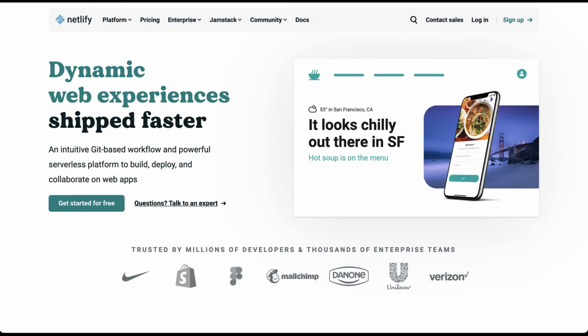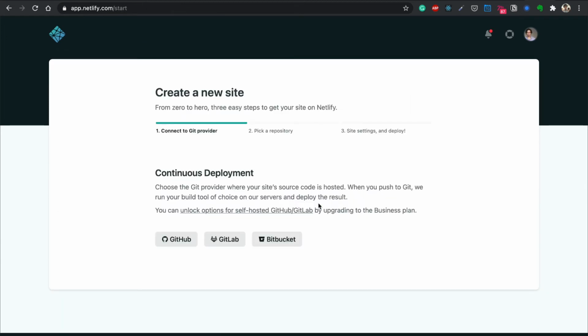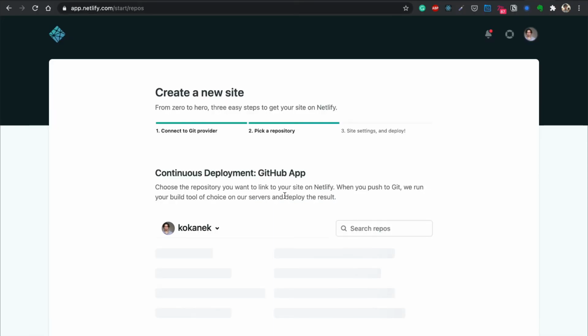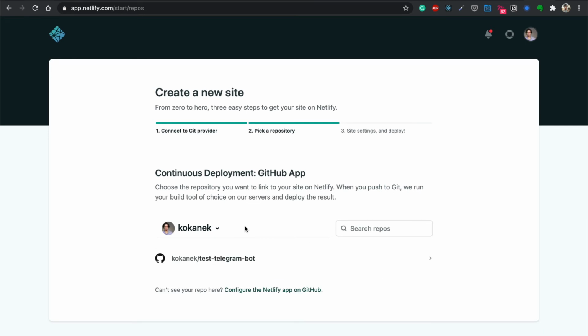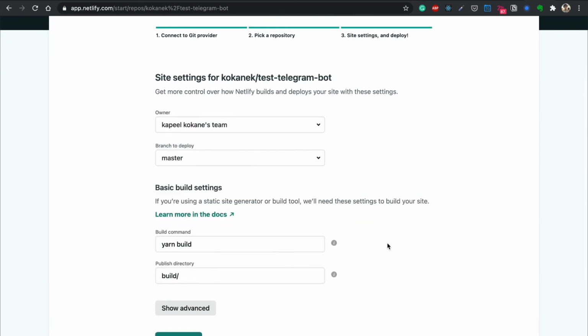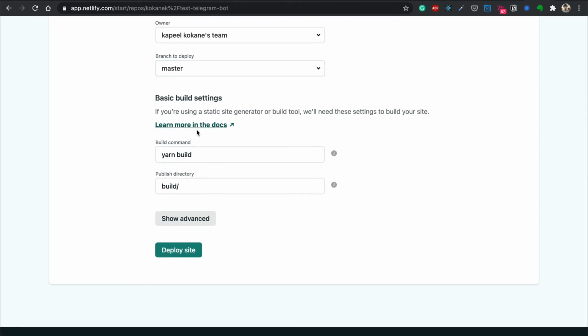In order to connect the newly created React app to Netlify, here are the steps to be followed. Log in to the Netlify website and click on New Site from Git. Authorize GitHub when prompted and provide access to Netlify to the newly created app. Then select it from the list of the projects and move to the next step. Here we need to provide a few other details like the branch to be deployed, which would be master in our case. Let the build command be yarn build and build directory be /build and deploy the site.